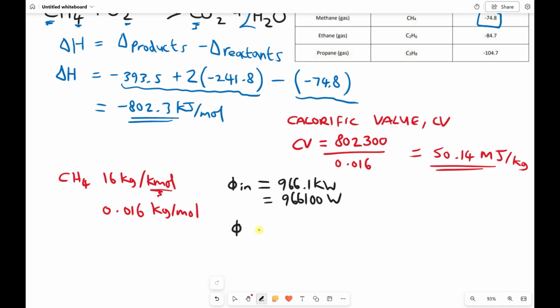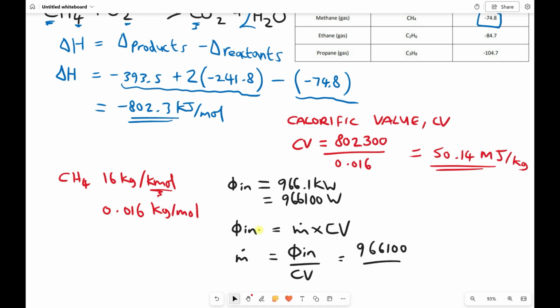We have a relatively straightforward equation here. The heat energy in equals the mass flow rate of our fuel times the calorific value of our fuel. Now this would make sense because it's the rate that energy is being used or burned up within our combustion chamber. If we wanted to determine the mass flow rate of our fuel then, all we would need to do is rearrange this. So Q_in over the calorific value. And we need to make sure we work in SI units, but we have 966,100 divided by our calorific value, 50.14 times 10 to the 6, which gives us a mass flow rate equal to